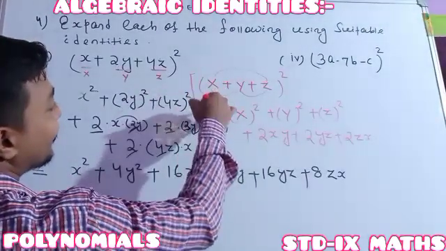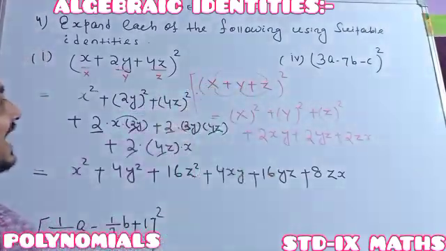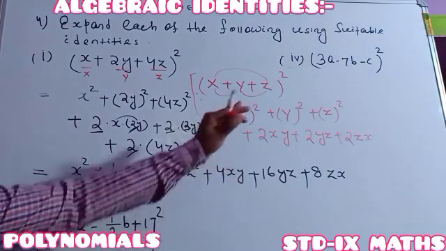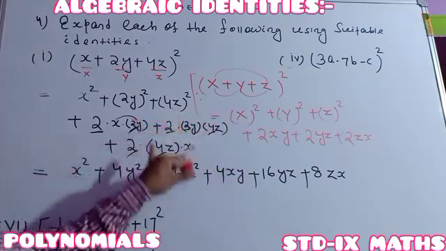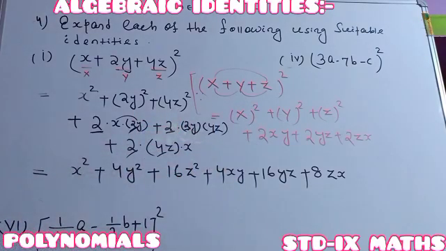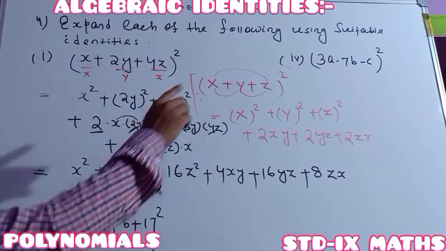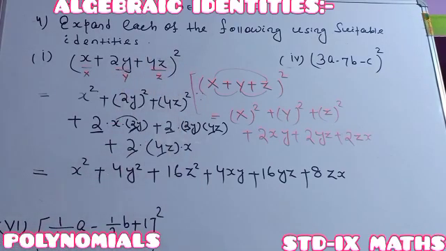Say whether it is easy or difficult, but whenever you write the expansion form, before writing it, on the right side you should write down this algebraic identity. Because of this algebraic identity, we are writing the steps just like this. Understood? In the same way we have done this question, first we have to do question number VI. I am doing question number VI, then after I will do question number IV. Okay?